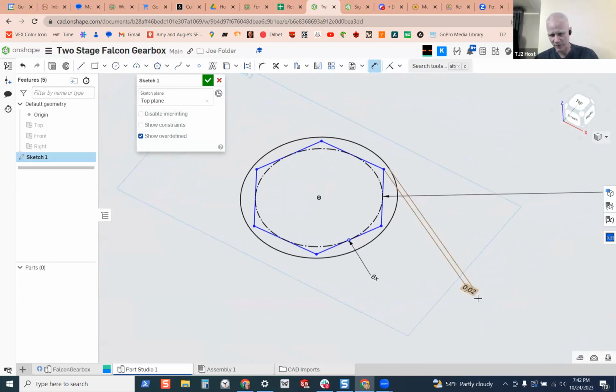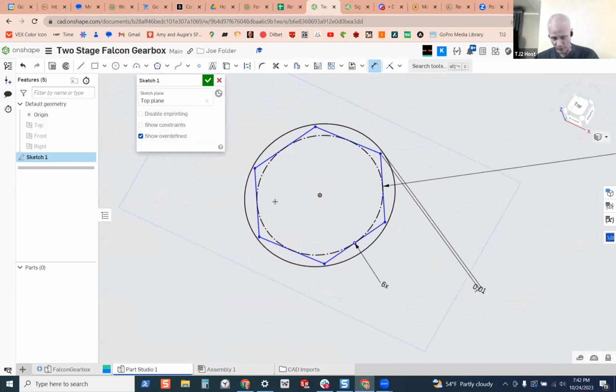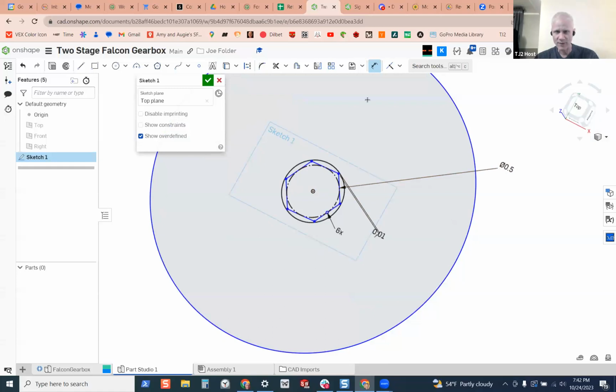I'm looking at that. That feels bigger. It might be rattling around more than I wanted it to. So I'm going to make it 0.01. So now it's 0.02 total, but it can fit over there pretty easily. And then